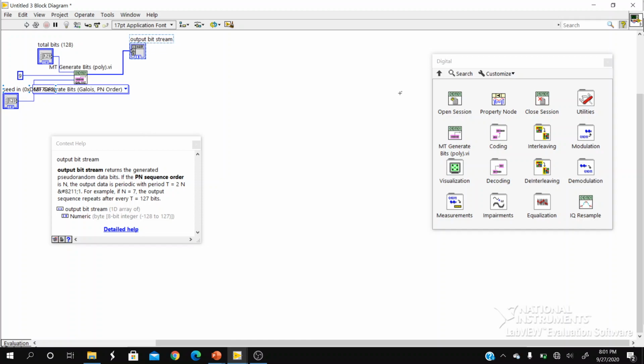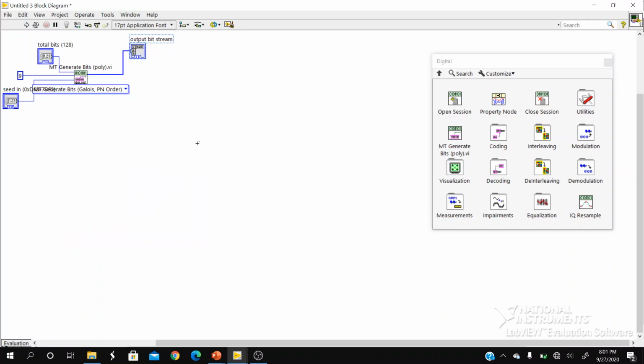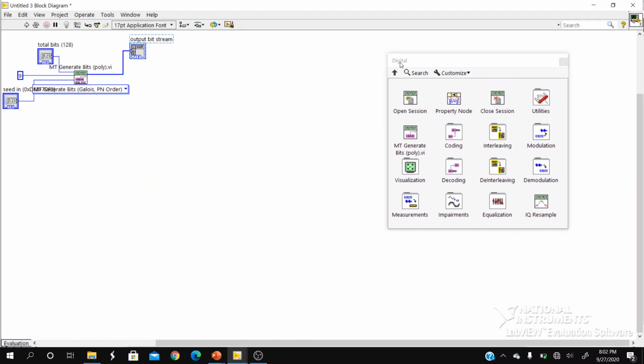So now, according to our previous block diagram, we saw after the information source, we need to have the ASK baseband modulator. To create the baseband modulator, we are currently under the digital palette. Since I have pinned this palette, you also follow the same procedure to pin the palette.